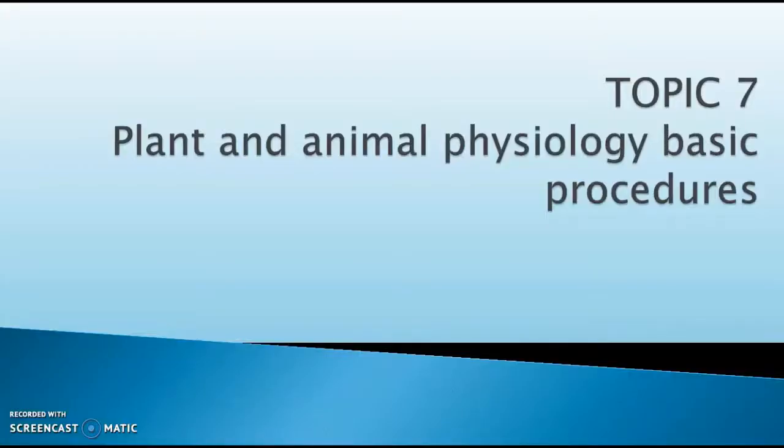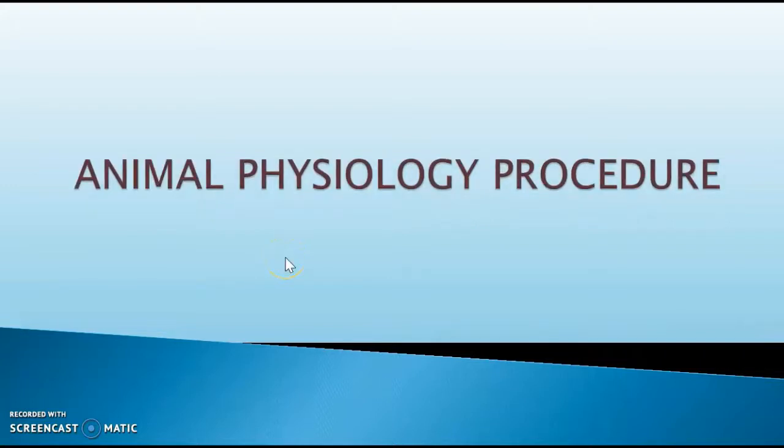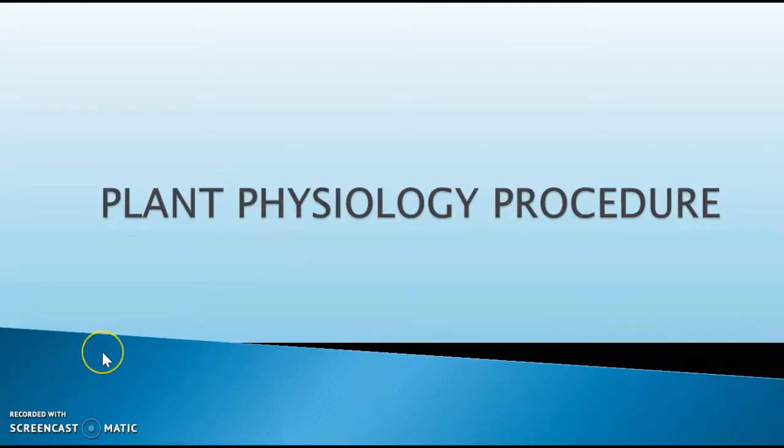Hi, welcome to the verbal explanation on topic 7, which is on the aspect of plant and animal physiology basic procedure. We will begin discussing this topic on plant physiology procedure, and eventually we will move on to the aspect of animal physiology procedure. For plant physiology procedure, we will focus on the separation of plant pigments